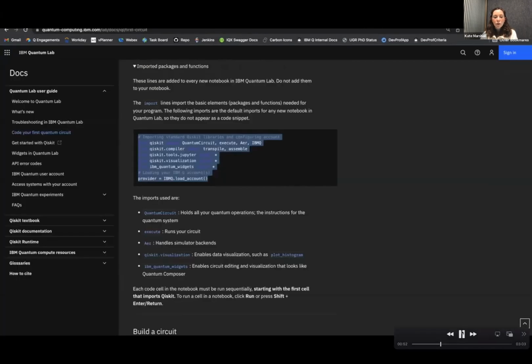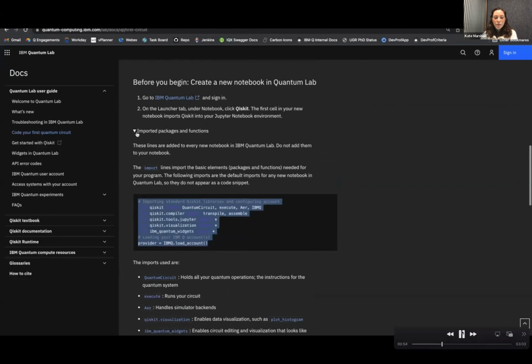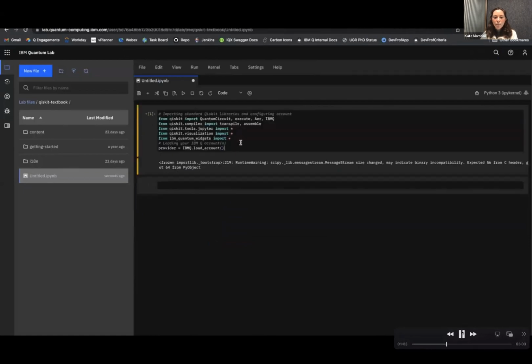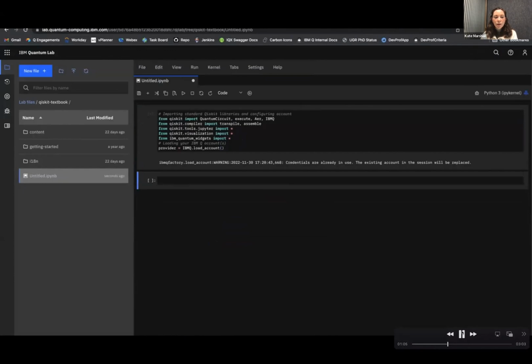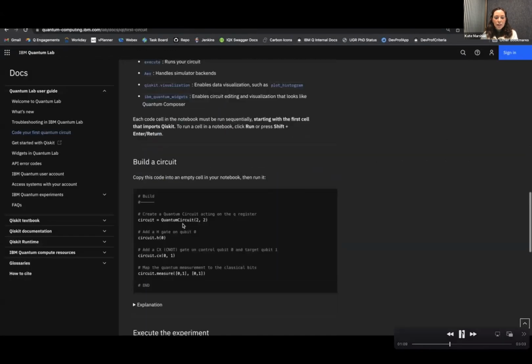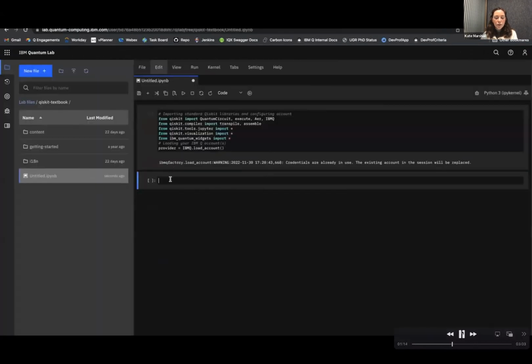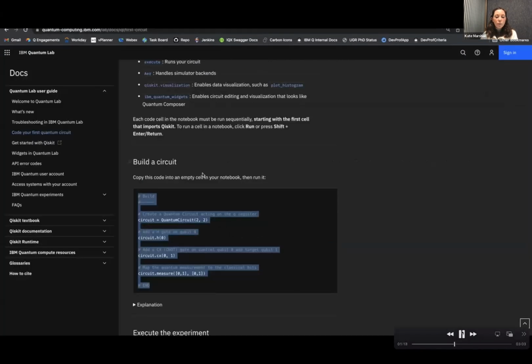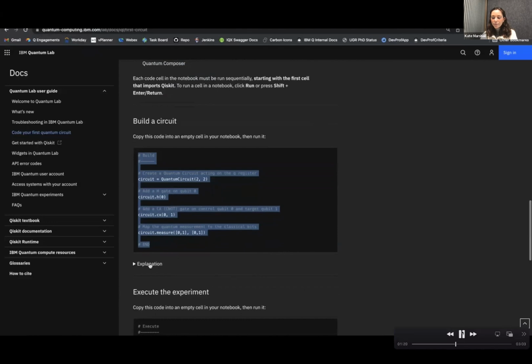We are actually going to start from scratch and copy and paste over these imports in the first instance, just because we want a couple more packages than is automatically populated here. So we first import all of the packages needed to run the very short circuit. And then back on the tutorial page, you can also see the instructions there to copy and paste the actual build a circuit script there. So we'll walk through at a very high level what's going on in this circuit.